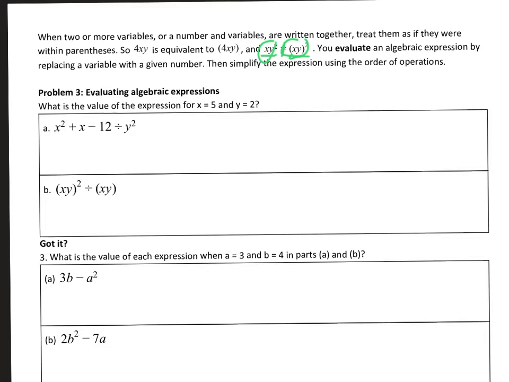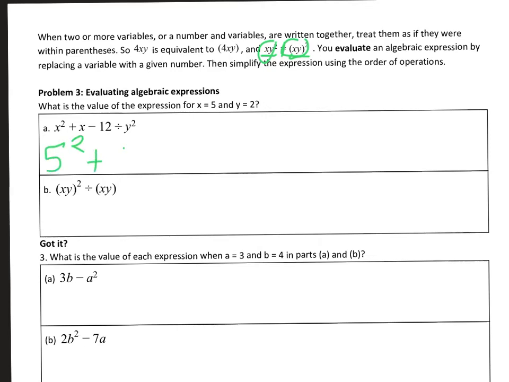So we evaluate an expression by replacing the variable with a given number. And then it's just like we did before. So here, I'm giving you the values of two variables. We are going to substitute them in, replace them, and then evaluate them. So, part A in problem 3 here. We know that x is 5, y is 2. The way I'd rewrite this is